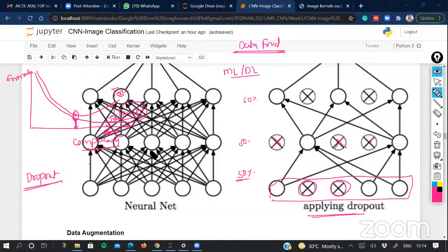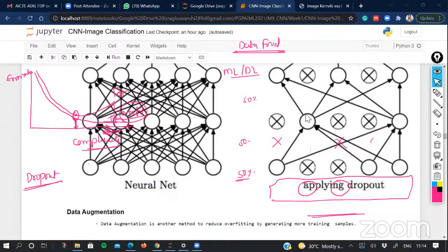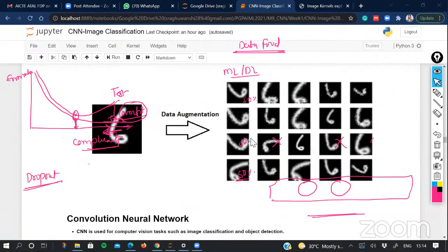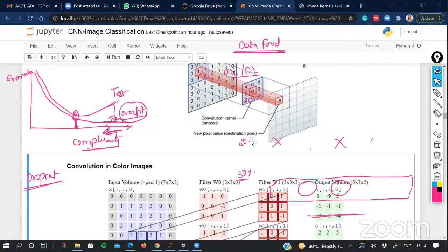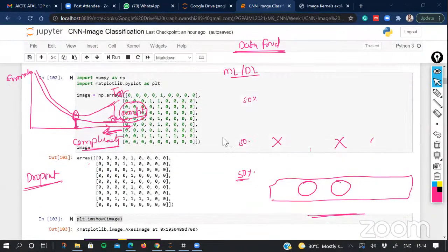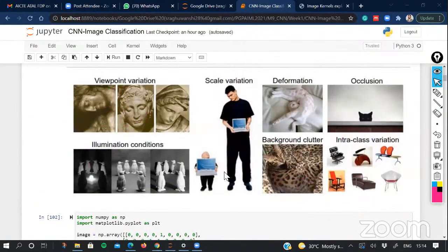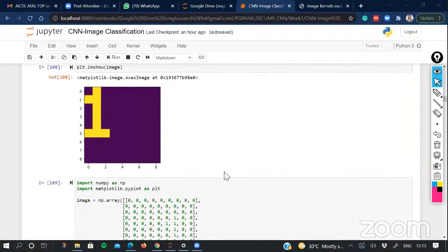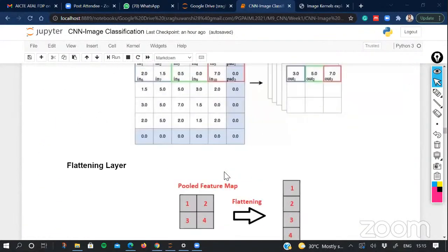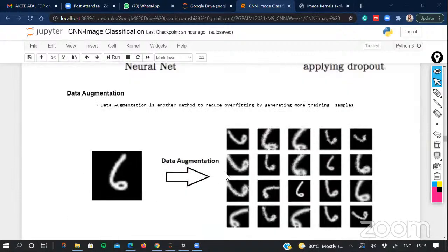And thanks to some data augmentation techniques, especially using image data, we can generate more training instances like this. As we have seen, there are certain characteristics of these images which we generally study as a challenge, but these characteristics can also be utilized to generate more training instances like this one. And this is what we call data augmentation. And again, the job of data augmentation is to reduce overfitting.